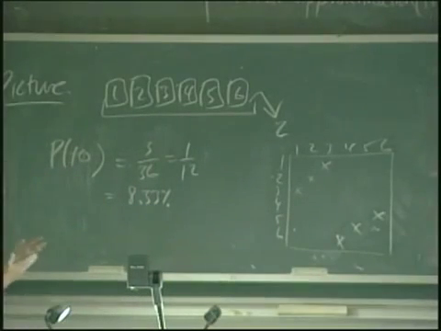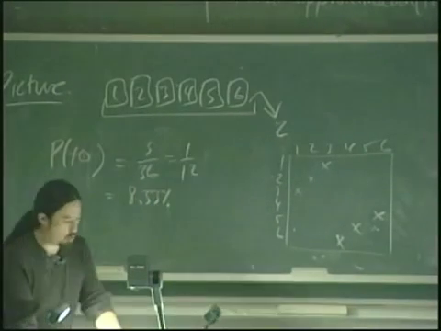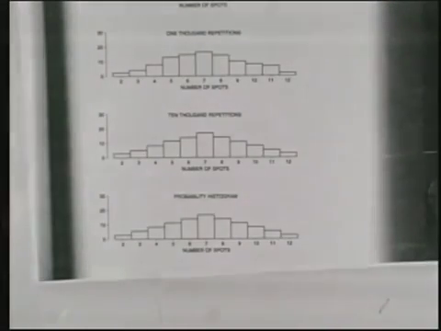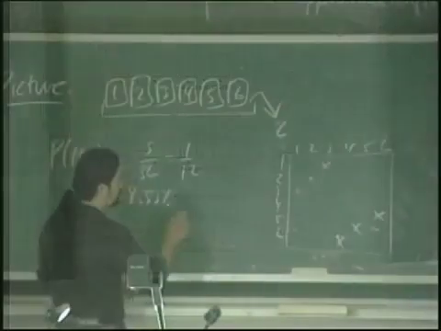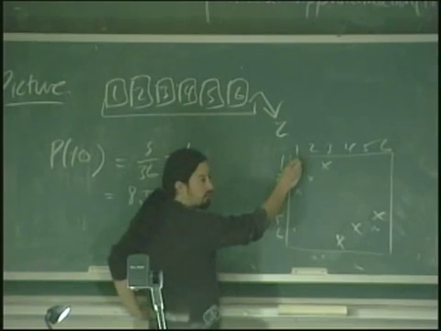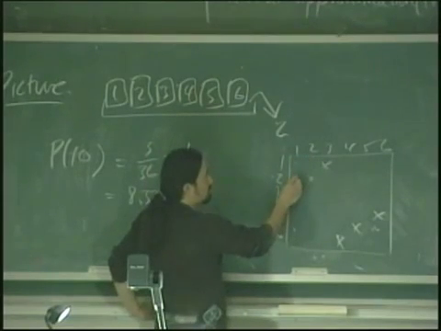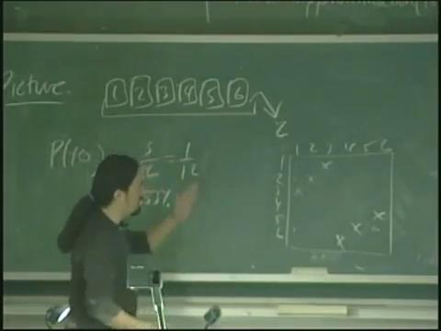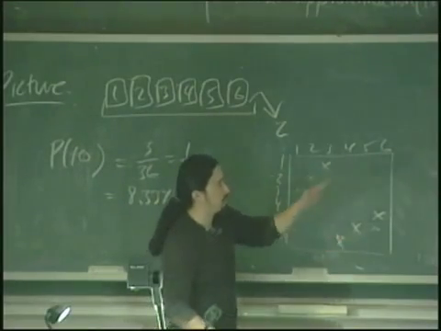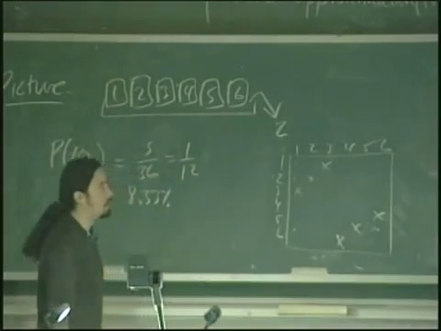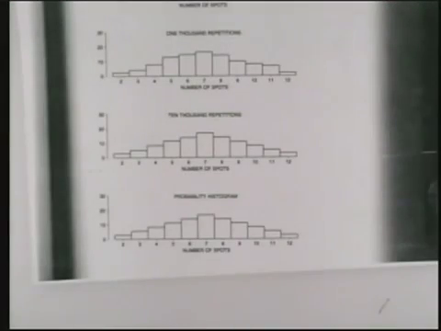Okay? So that's what's literally going on: in that last picture, no dice were actually rolled. It's all based on a calculation of what the chances should be. And you can see why it steps up instead of rising evenly. Rolling 1 and 1 has a 1 out of 36 chance. Getting a 3 has 2 out of 36, then 3 out of 36, 4 out of 36, 5 out of 36, 6 out of 36, and then it goes back down again. 5 out of 36, 4 out of 36, steps back down. 12 is 1 out of 36, the very last bar. So the probability histogram has that shape.